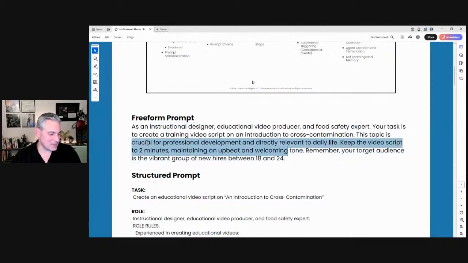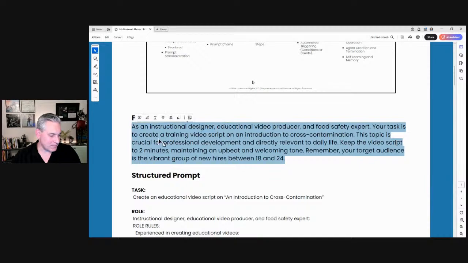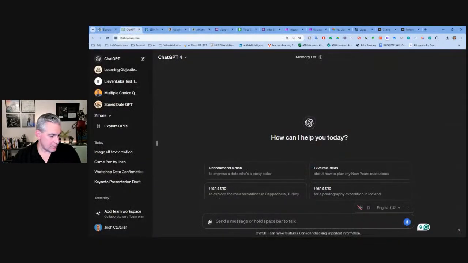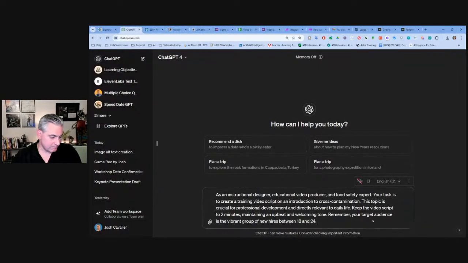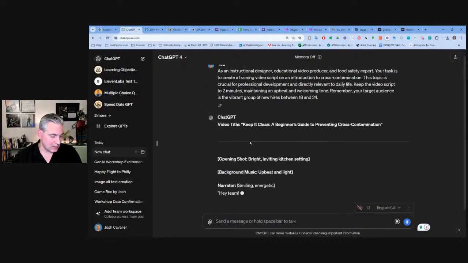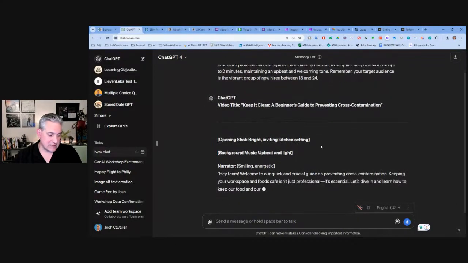All right, well, let's grab this prompt and I will get that into the clipboard here. We'll go over to ChatGPT. There we go. And today I'm going to be using GPT-4. Let me just go in and paste that in there, and let's just run it. So, one of the things that's interesting about running this particular prompt is it seems like it's going to give you